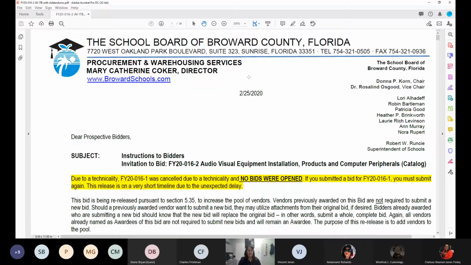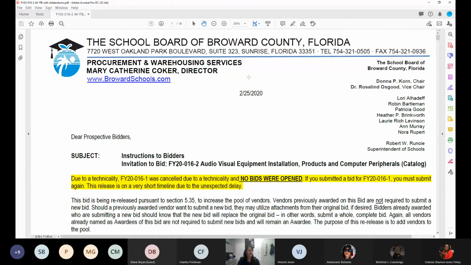So this is an invitation to bid, or an ITB for short. An ITB is generally used in situations where we know the exact commodity or services that we're looking to obtain. We're not looking for a proposal where there are different ways that the product or service can be met. We're looking for something very specific. In the example of products, it'll be a specific brand or a specific item number. In the event of services, it'll be very defined. Like, we need you to do exactly this service, this kind of timeline, this kind of